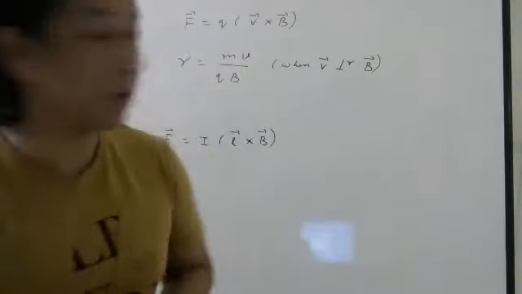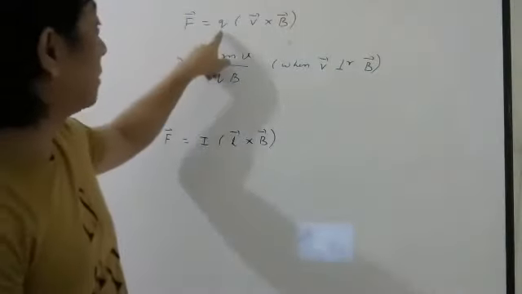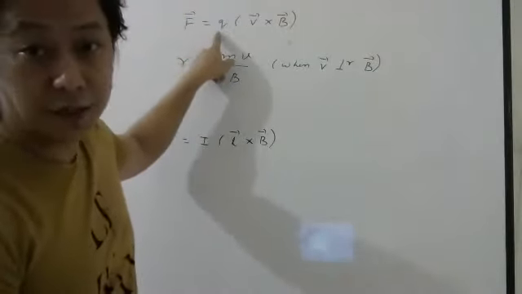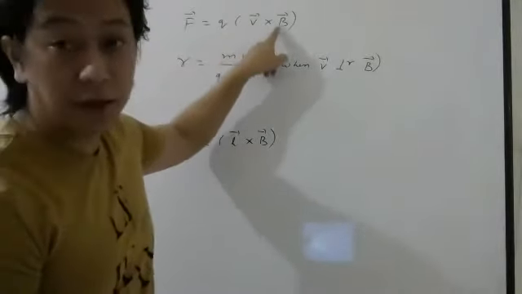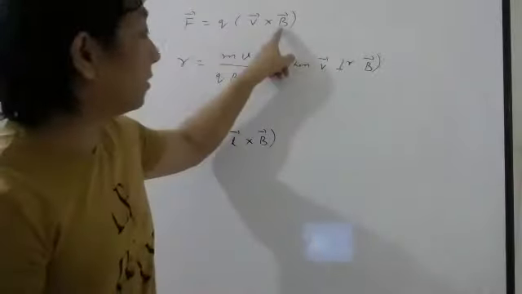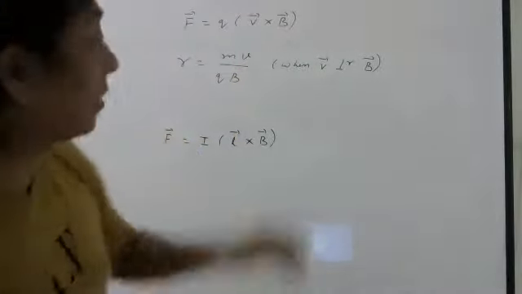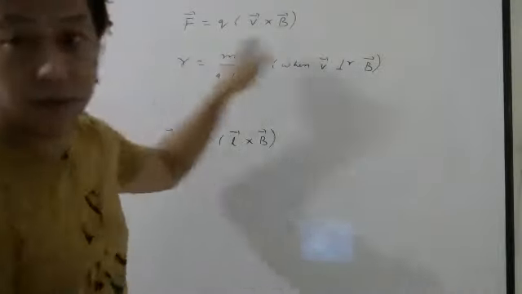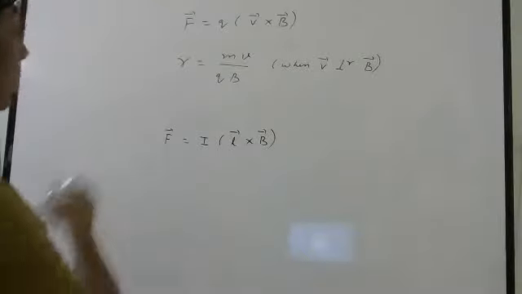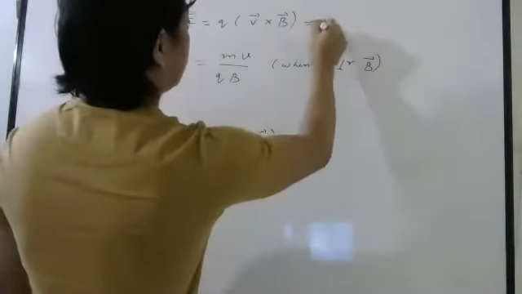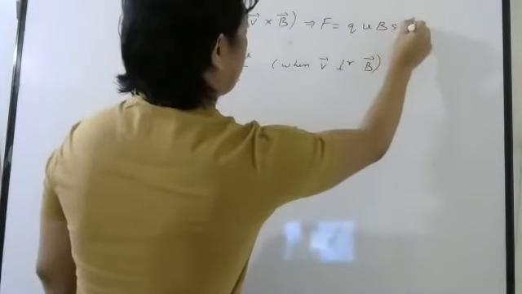Okay, good morning, everyone. So last class, what we learned, if you remember, was if a charged particle which has charge Q is moving with velocity V in a magnetic field capital B, this is the symbol for magnetic field, then it experiences a force given by this formula. Okay, so this is Q V bar cross B bar. So if you want to know only the magnitude, then it is Q V B sine theta.